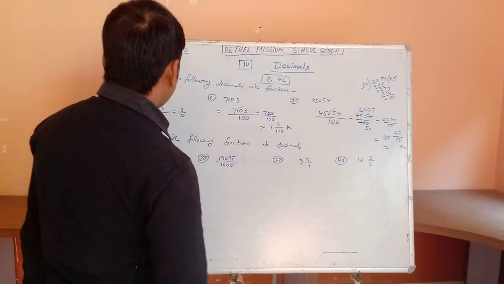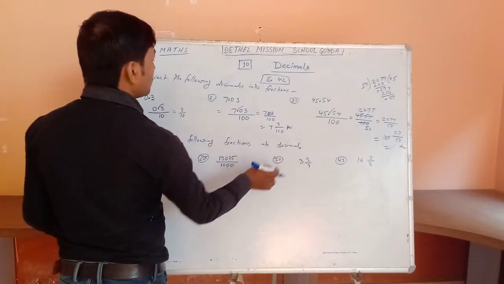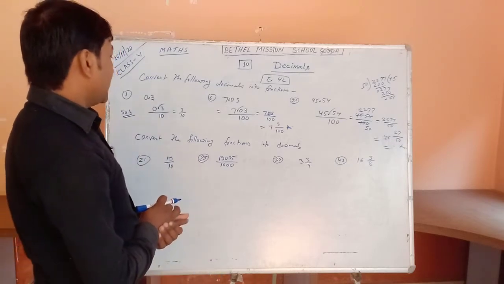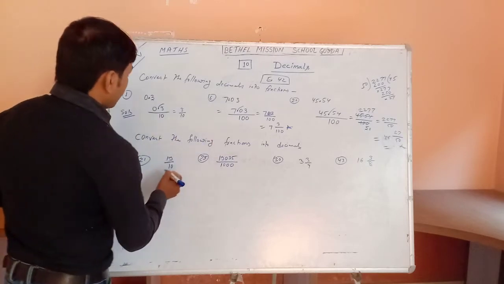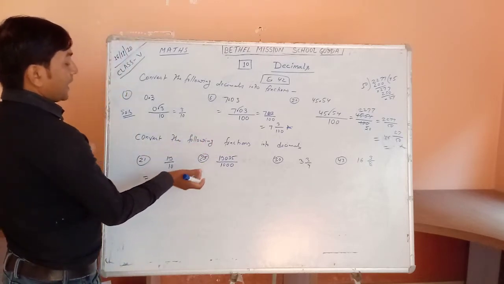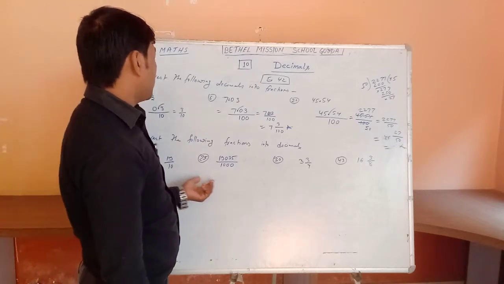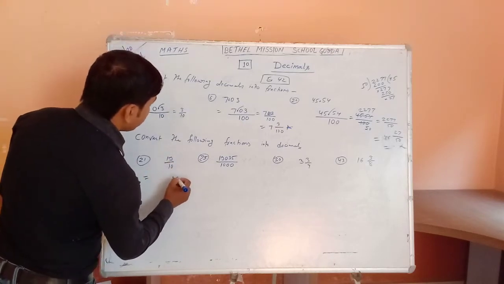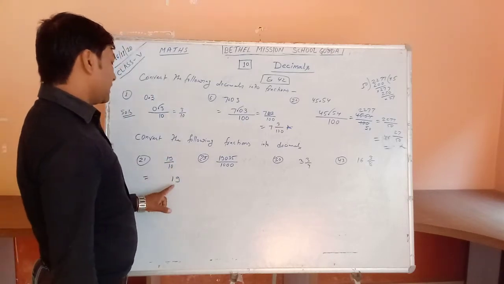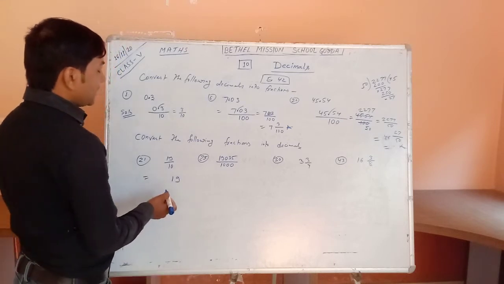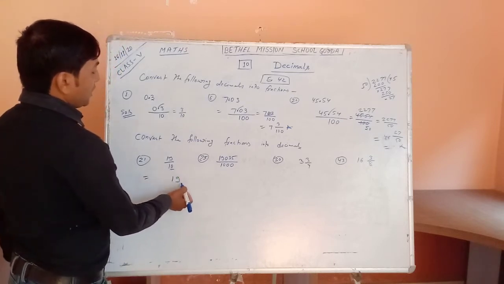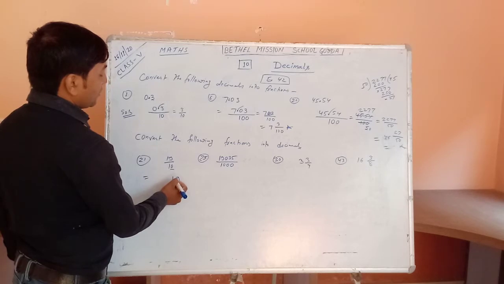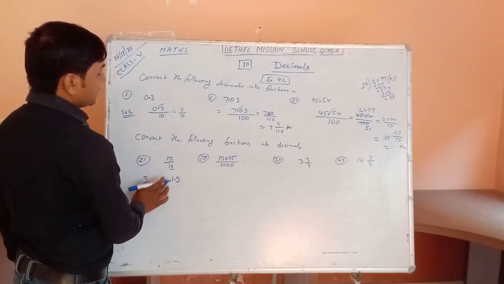Just the opposite, it is asked to convert the following fractions into decimals. Fractions are given, and you have to convert them into decimals. If the fraction has a denominator of 10 or multiples of 10, this is very easy. You write the numerator whichever is given, 19 is given, so write 19 first and put the decimal after one place, because 10 is given. Count from the right to the left, that is the ones place, and put the decimal after the ones place.